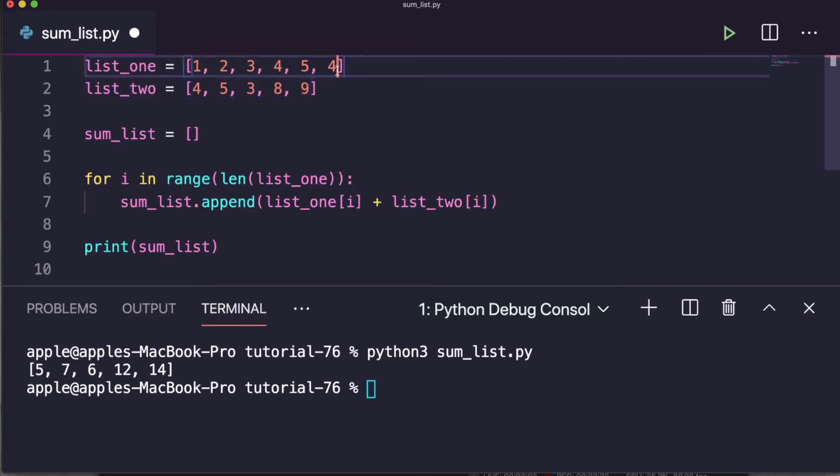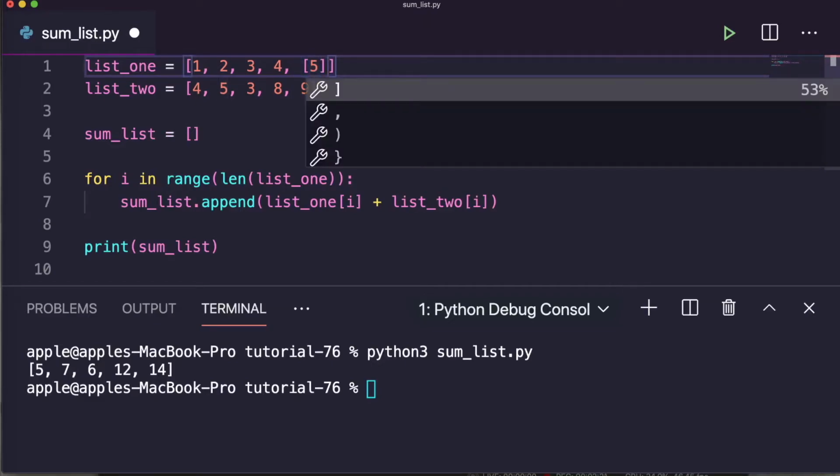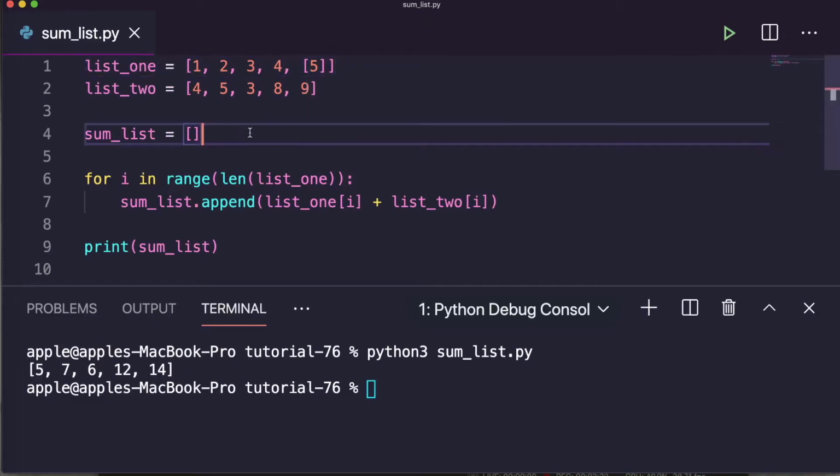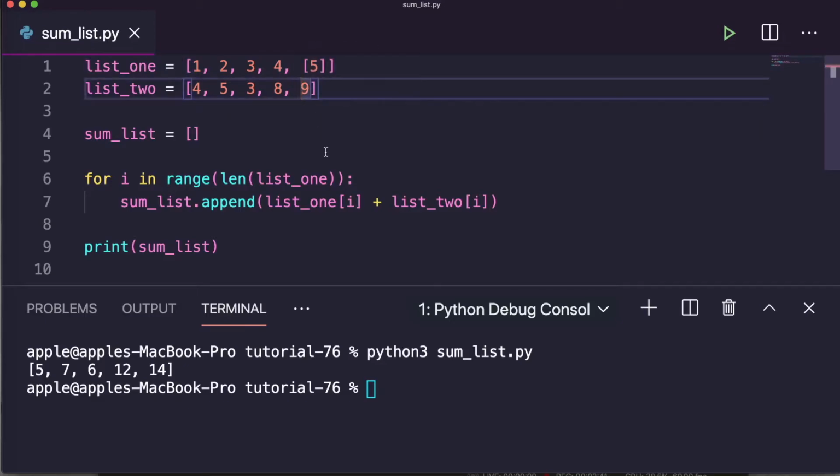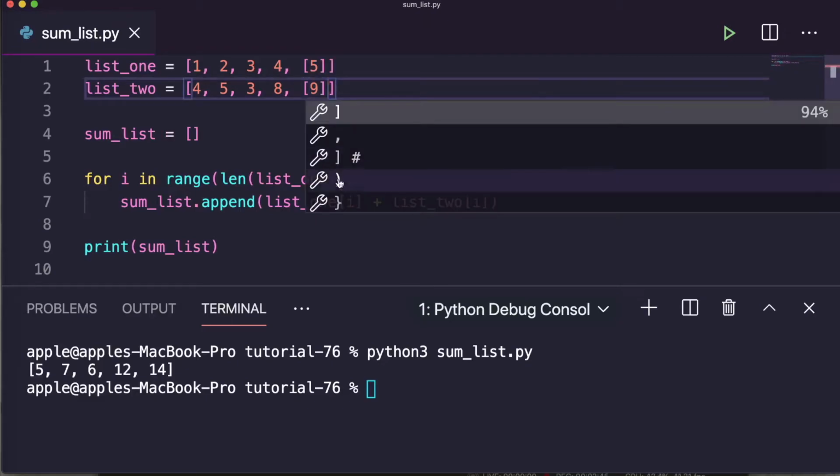Similarly, if we have another list as an element, this is also not possible because this is an integer and this is a list. It will not concatenate, so it should be a list here, then it will be possible.